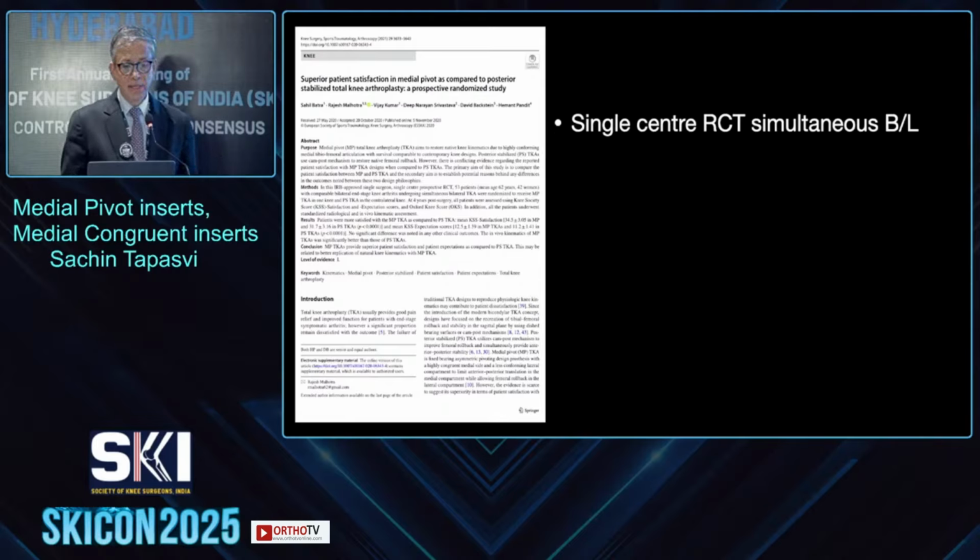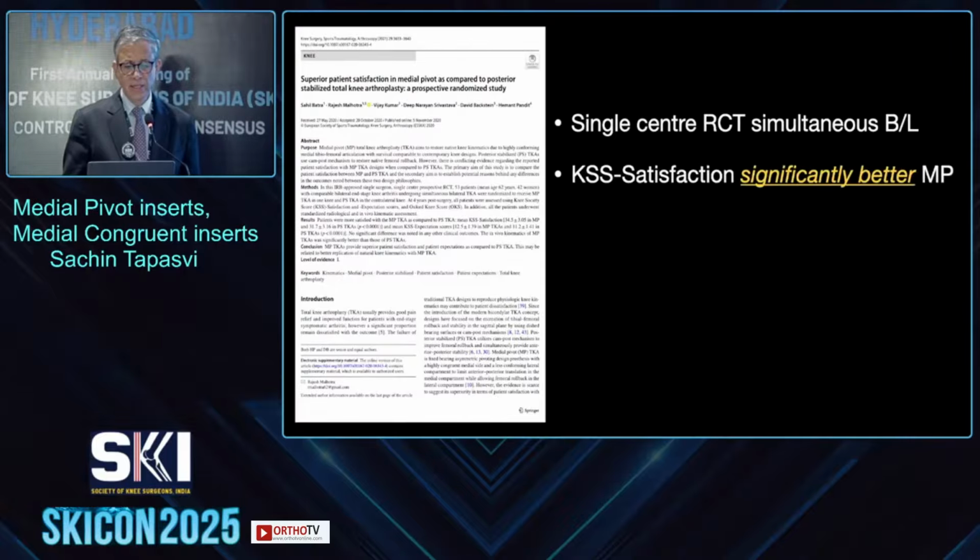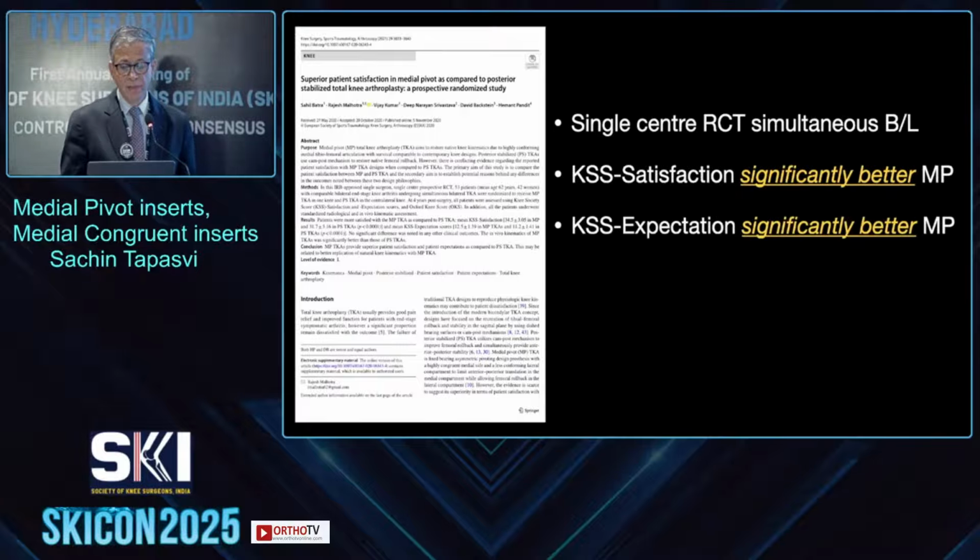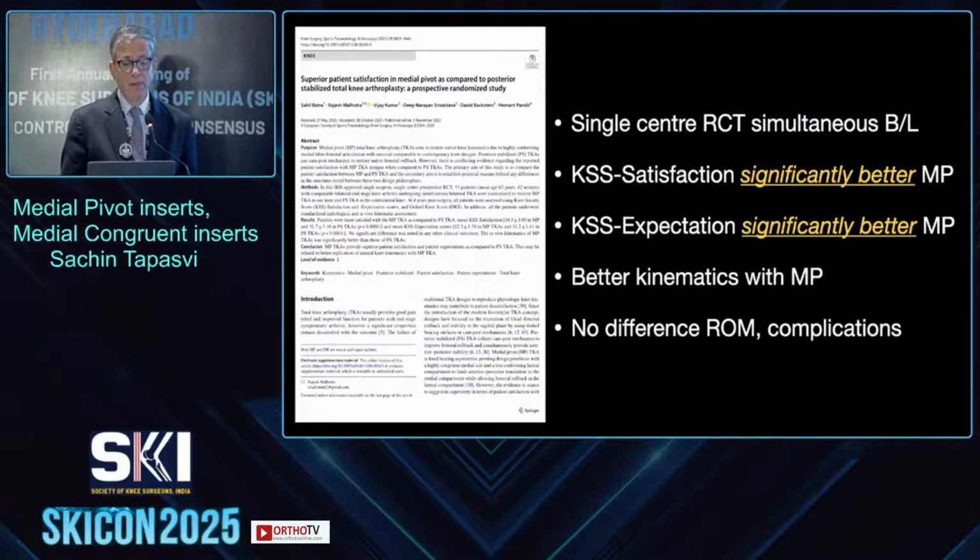Again, let's look at this single center RCT in which simultaneous bilateral TKRs were performed. One side received a medial pivot, the other side received a posterior stabilized. The satisfaction scores on the KSS significantly better, the expectation scores significantly better for the medial pivot, better kinematics for the medial pivot, no difference in the range of motion and complications, and the forgotten joint scores were higher on